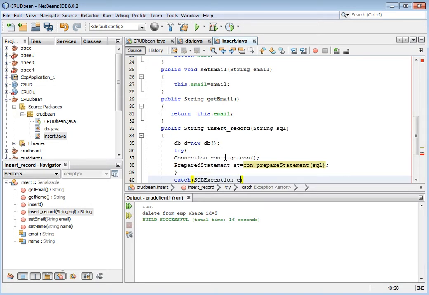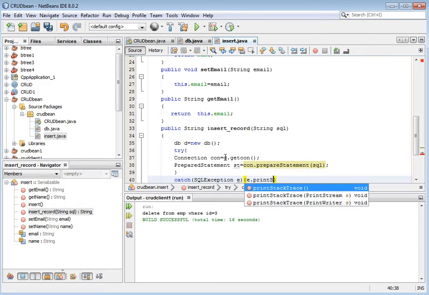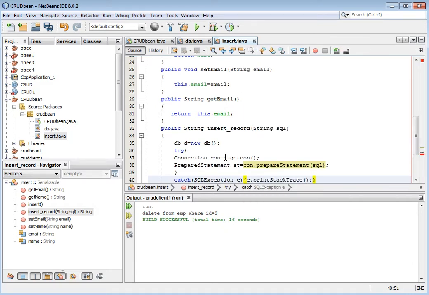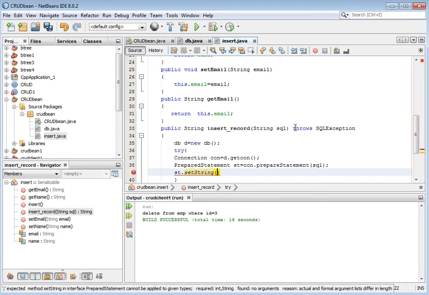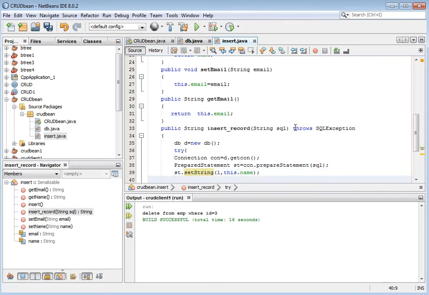Here we have Connection con is equal to, we should have DB d is equal to new DB, and here d.getCon.